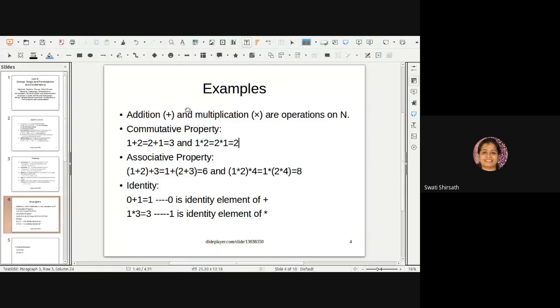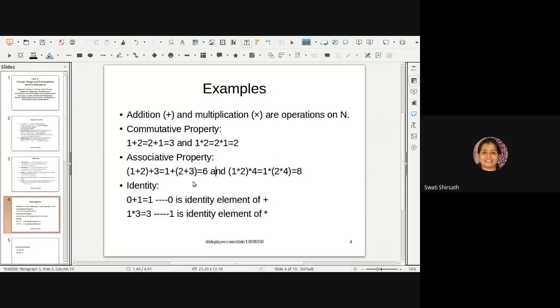What if addition and multiplication are not there and some operation like a plus b minus 2ab is given? That time it becomes difficult to prove whether it is commutative or associative. But we will be discussing those types of examples also. This was just to give you an introduction to how the commutative property can be proved for a given operation on a given set.